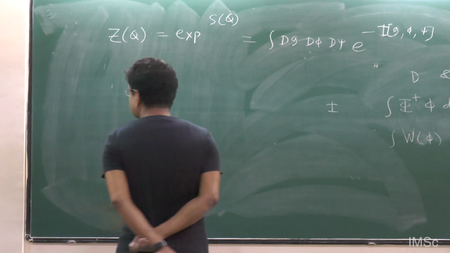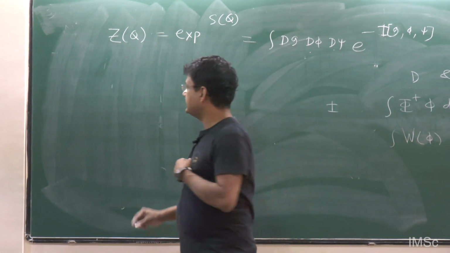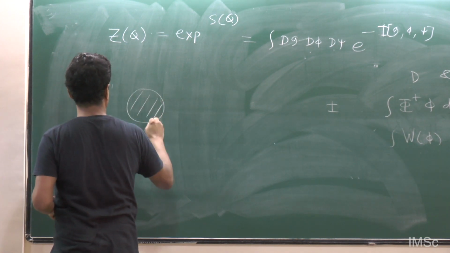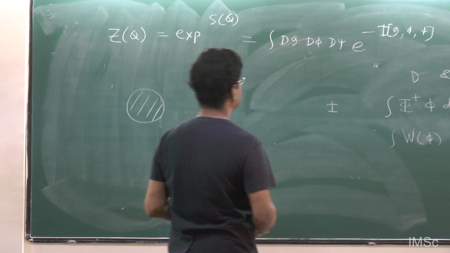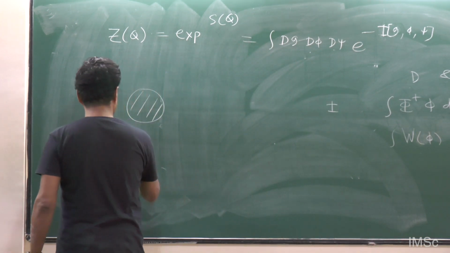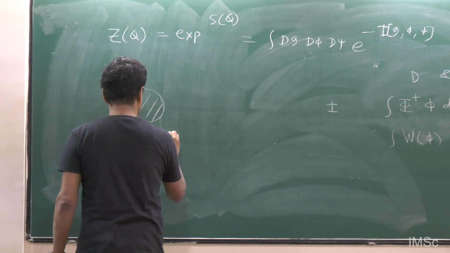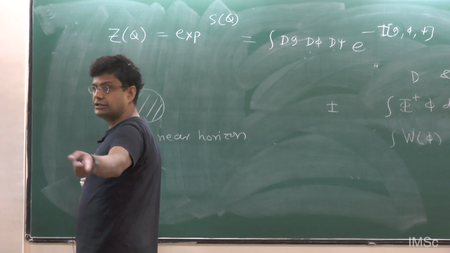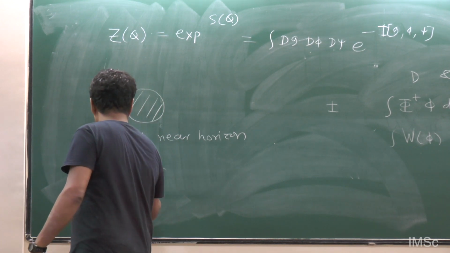Yes, it is on a manifold with a boundary. The main point is that A is given, so you must put in a boundary value, so the metric must also be specified. Otherwise, what is the A? So if you look at the Reissner-Nordstrom black hole near the horizon, I wrote down the solution, the Reissner-Nordstrom solution.